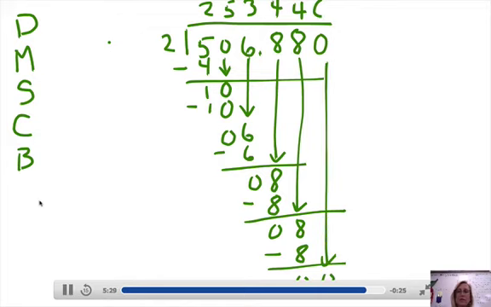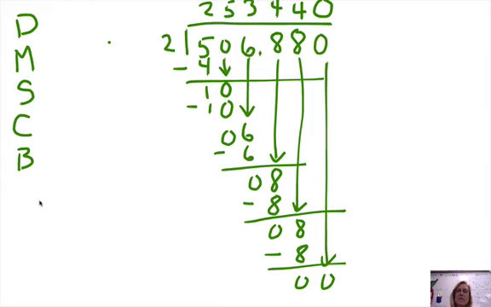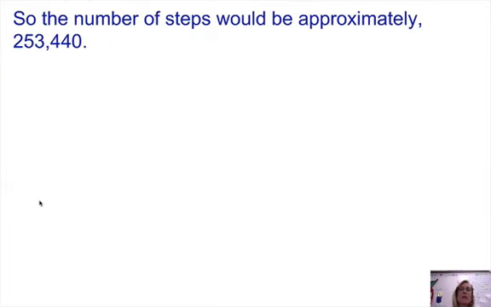Oops, move that out of the way. And you had a 0 down there. So the number of steps would be approximately